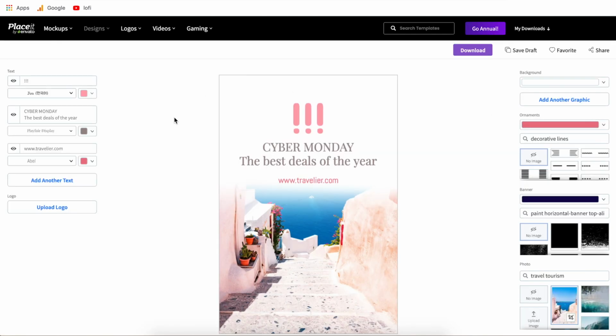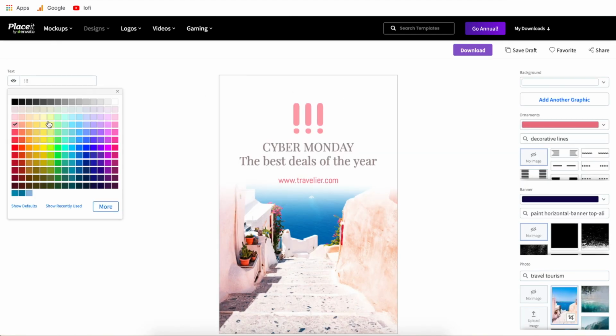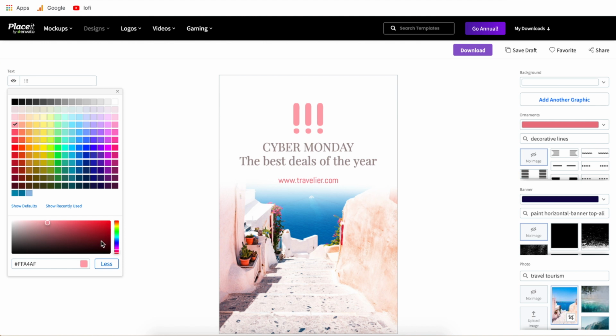Now, moving on from fonts, you have your colors, so you can select colors of the font in here. Again, if you do need something specific, just hit the more button, and you can use the sliders to find specifically what that color is, or you can enter the hex code of that color down here if you have a specific color for your branding.